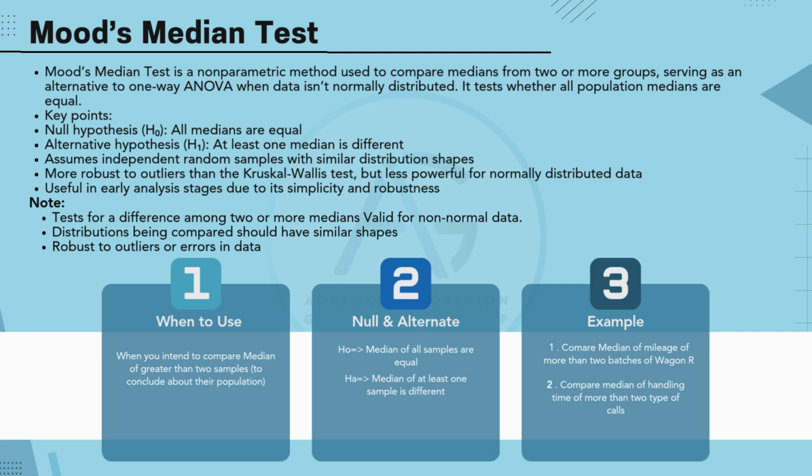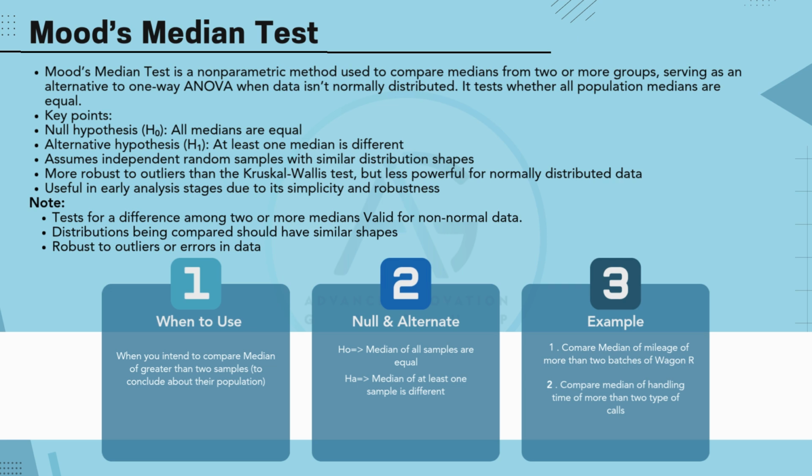Explain the three content blocks at the bottom. Block 1: when to use. Use Mood's median test when comparing medians from more than two groups. Ideal for non-normal data or data sets with outliers. Block 2: null and alternate hypotheses. H0: all medians are equal. H1: